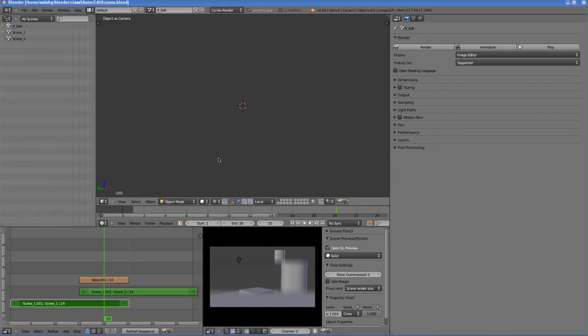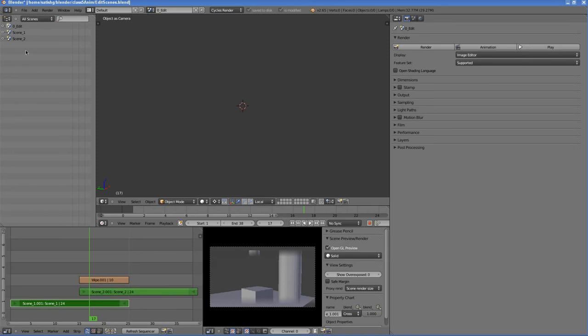Hi folks, in the last session we looked at the process of setting up a sequence using two scenes, and then transitioning between them. In the previous scene the camera was not animated, but as an addendum to the last session I'm going to demonstrate one way of animating the camera. So it'll be a nice review, and on top of that I'll also be showing you a few more features.